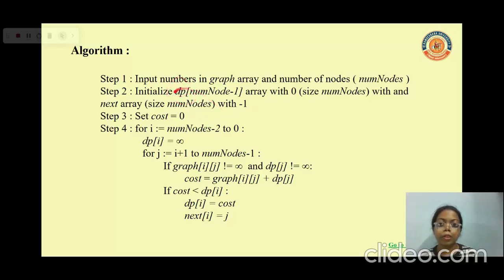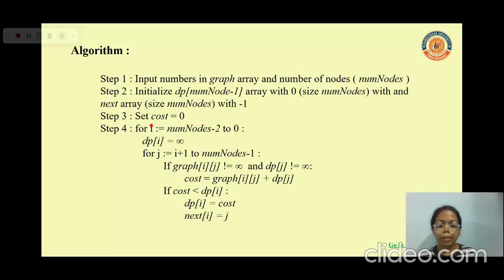And the use of DP is that DP of i will indicate that when I am standing at the ith node, the cost required for reaching the destination. It will note it down. And next is keeping track of all my next elements which will be required for it. And cost will keep track of the overall cost required